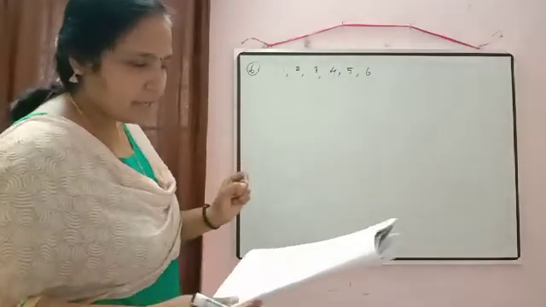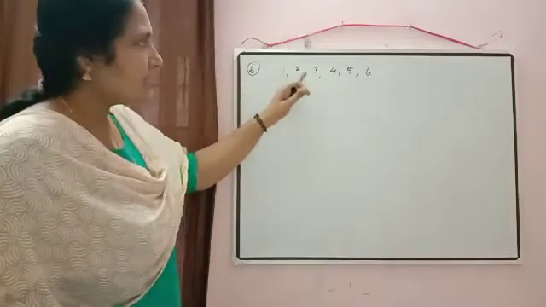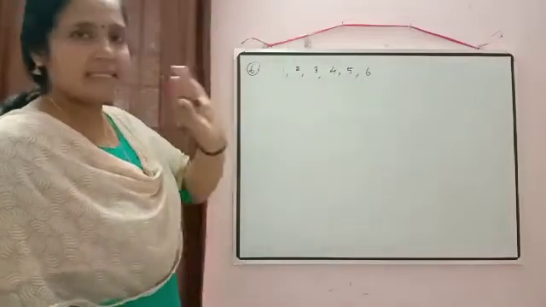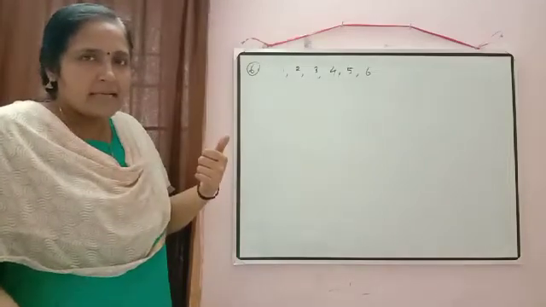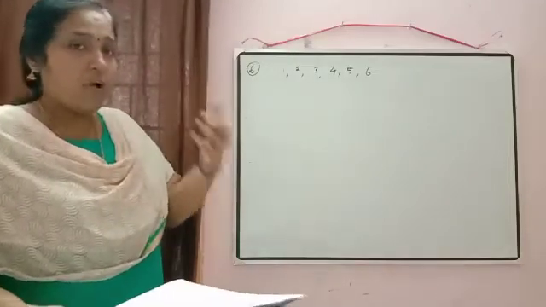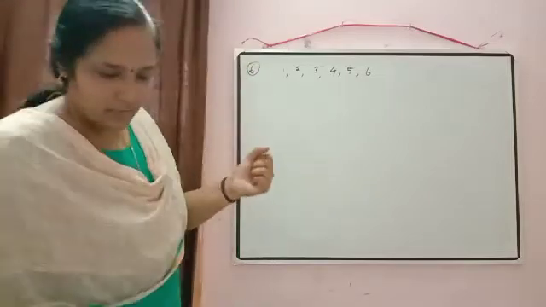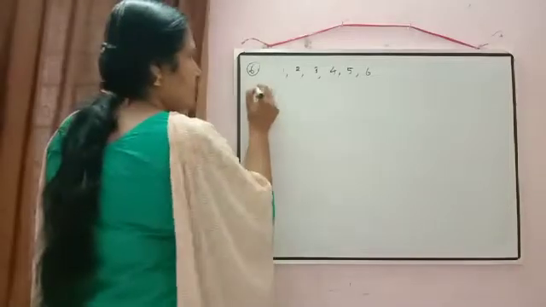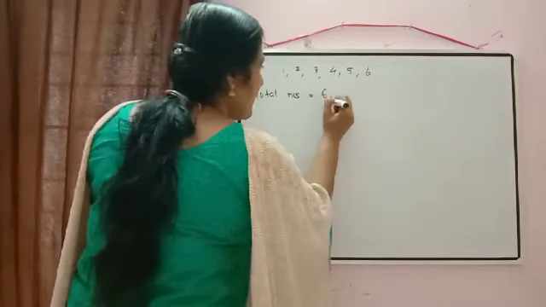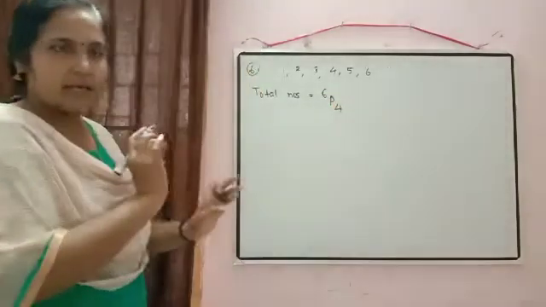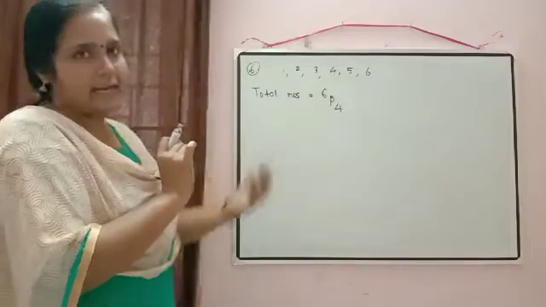How many digit number we want? We want a 4-digit number there. And how many digits are available with us? 6 digits are available with us. So can we have to take all 6 digits at a time? No. We need a 4-digit number. So at a time we will take how many digits? 4 digits only we will take. So directly you can write down there. Total numbers is equal to 6p4 over there. Arrangement of 6 numbers taken 4 at a time.